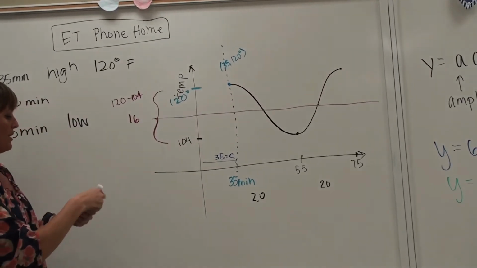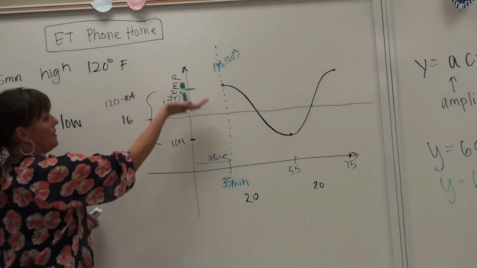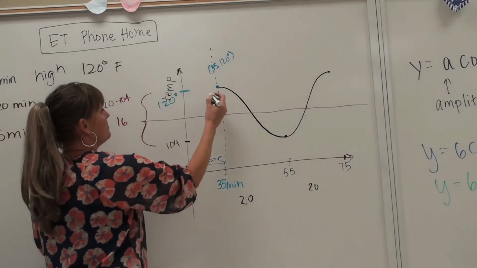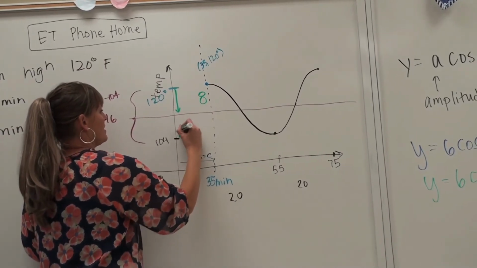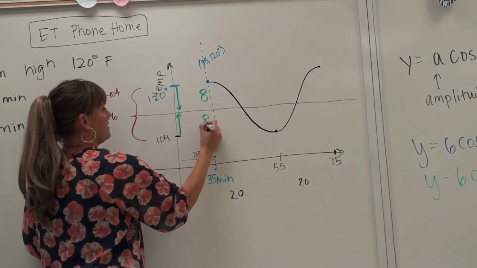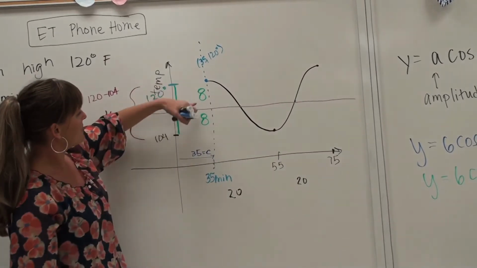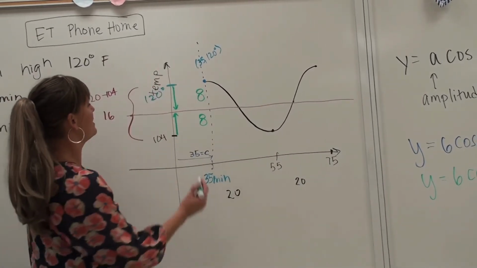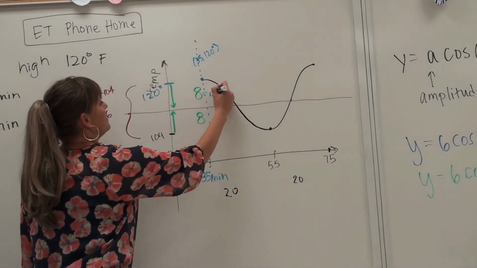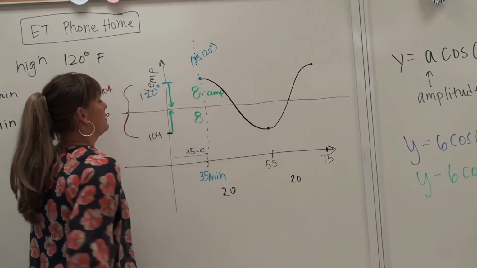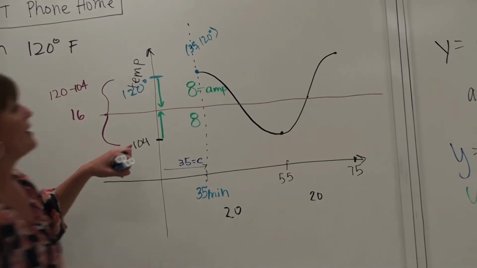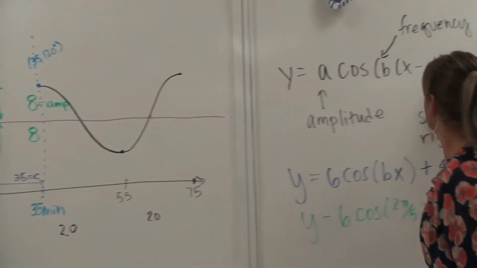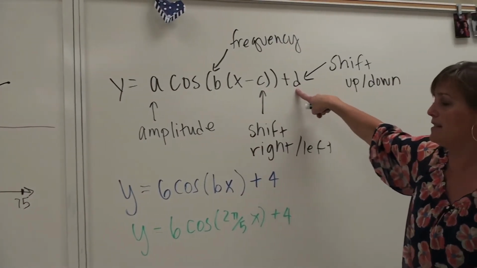So I have to split the difference. Half of it has to be above, and half of it has to be below. So I'm going to go down 8 from there, and I'm going to go up 8 from here. So that, as you can see, if you're going to be 8 above and 8 below, is going to be equal to your amplitude. Okay? So basically now we have the amplitude, we have the right shift, we have how much I'm shifting up,